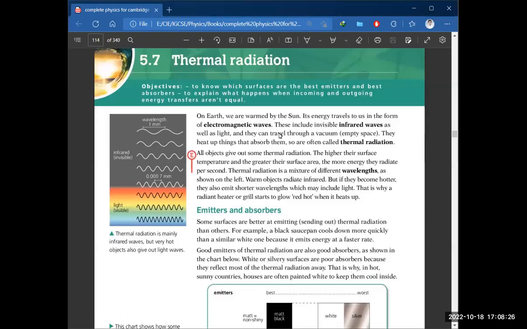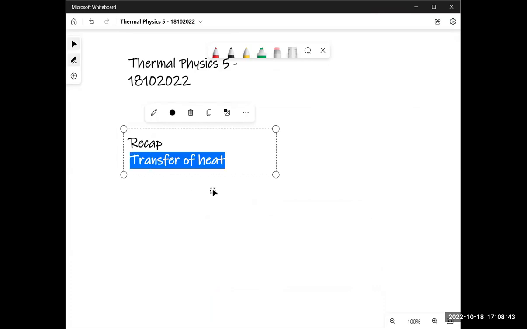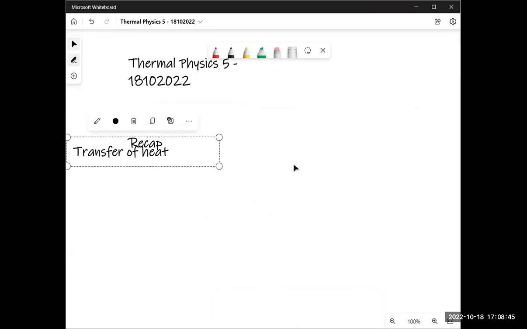We're studying IGCSE physics and we're starting thermal physics 5, in which we're going to learn about thermal radiation. Let's just look at a recap of what we've done so far. We've looked at transfer of heat. The title today is about transfer of heat